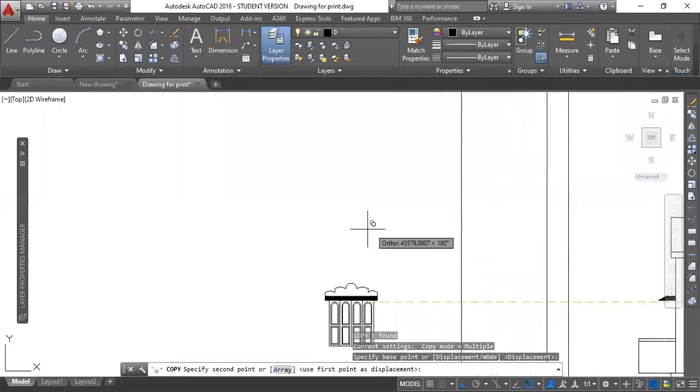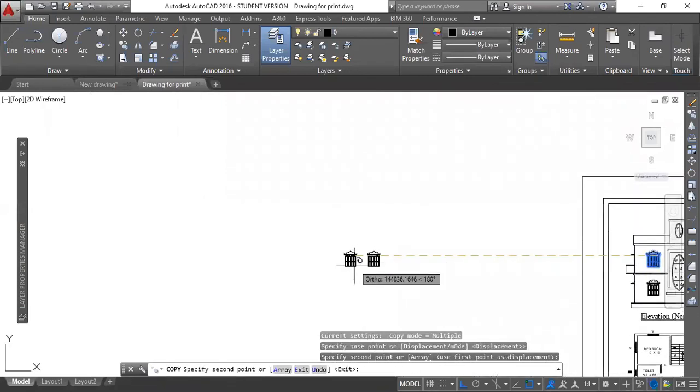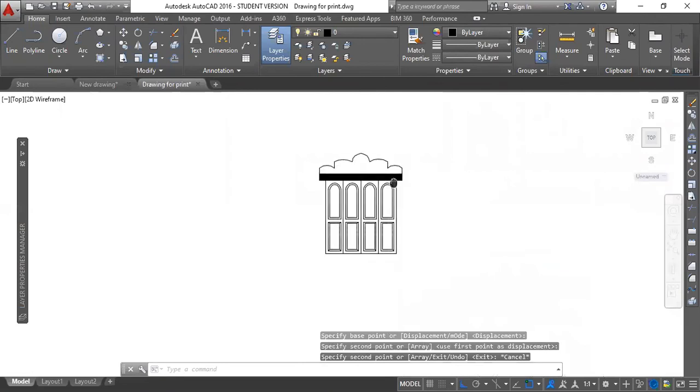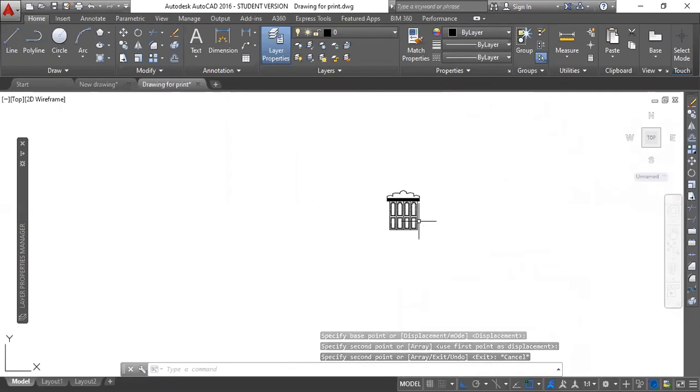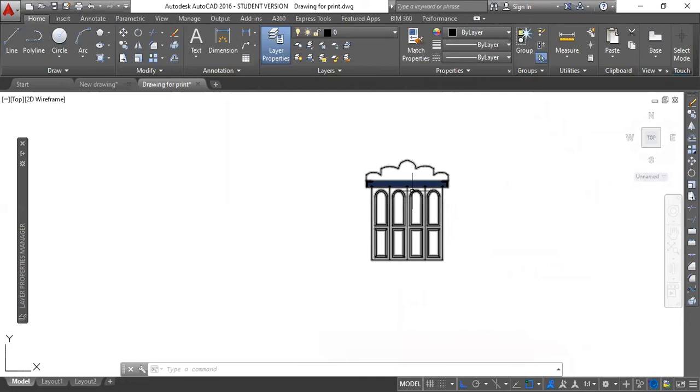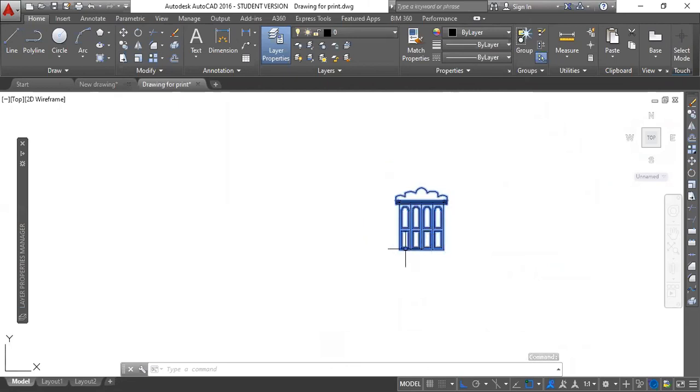Himanish, are you with me? Yes, sir. Okay, let's suppose you have downloaded some kind of template, and this is your template. Your template looks something like this, a single blocked object. This has nothing to do with proper dimensions, because someone else has drawn it.